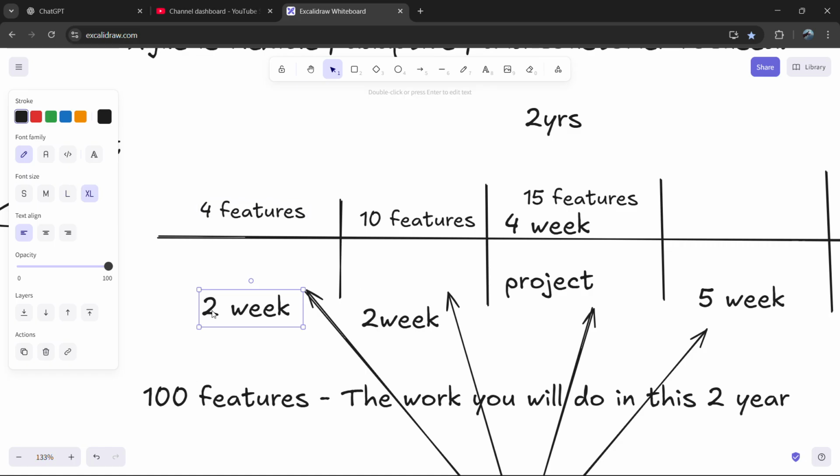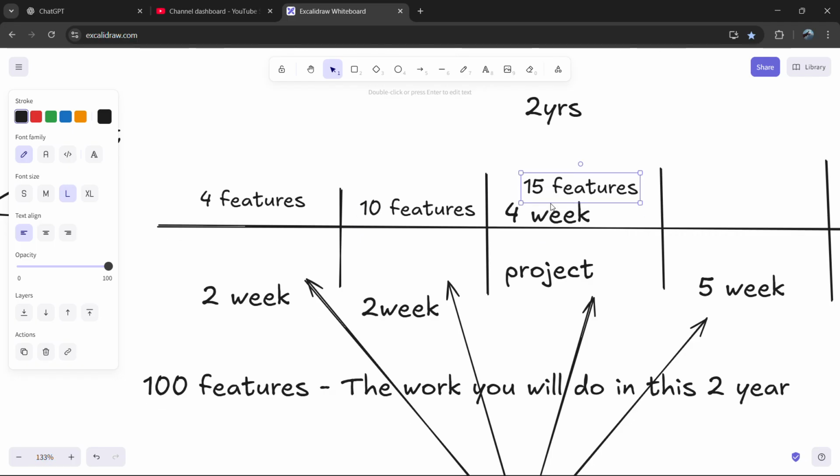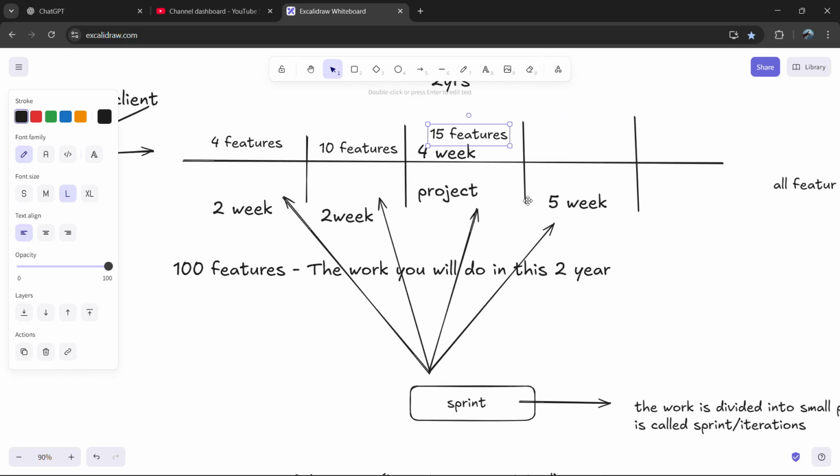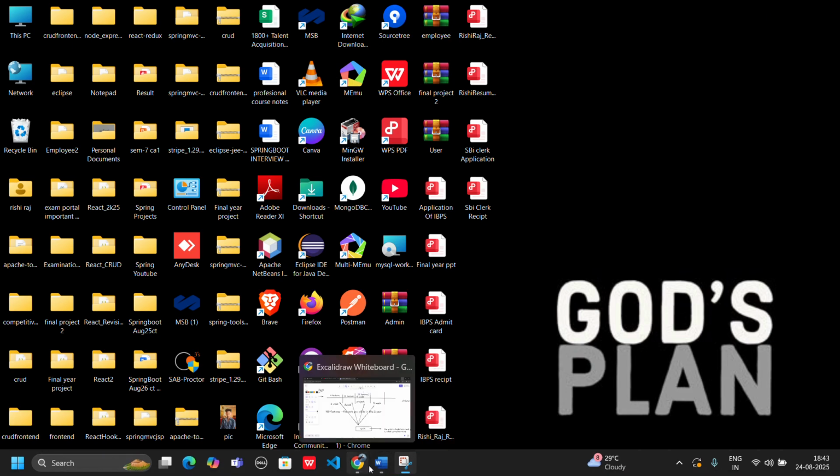In week 1 we will complete 4 features. In week 2 we will complete 10 features. In week 3 we will complete 14 features. So the sprint planning happens there, deciding what work will be done in which week. The next thing is